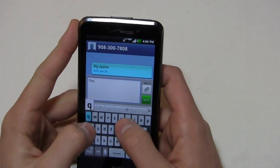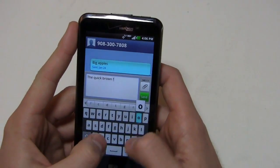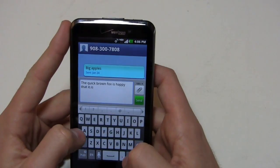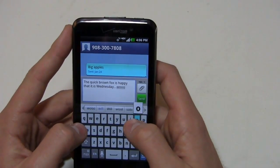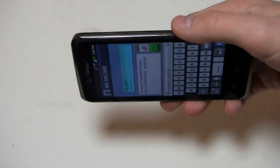So we'll say, the Quick Brown Fox, with my terrible spelling, is happy that it is Wednesday. Woo! Quick Brown Fox is happy that it's Wednesday, with some spelling errors, but you can see quick transitions